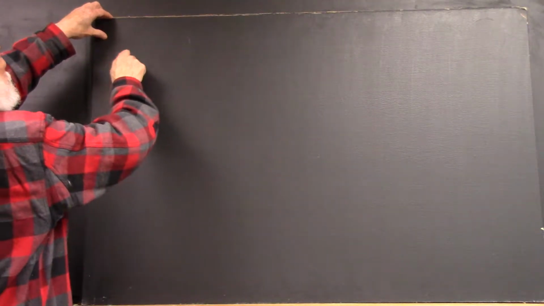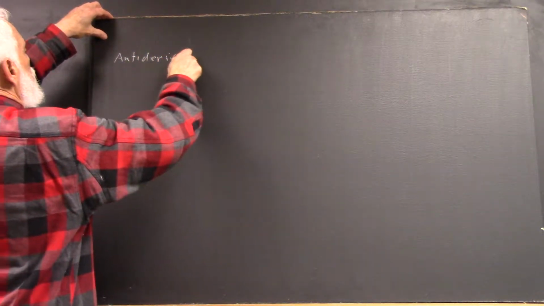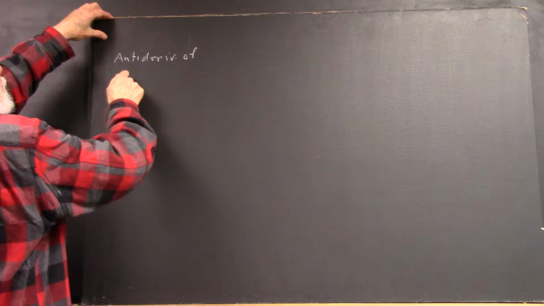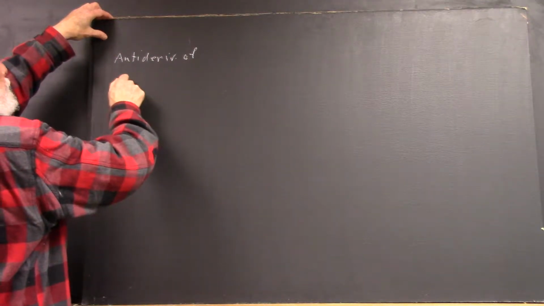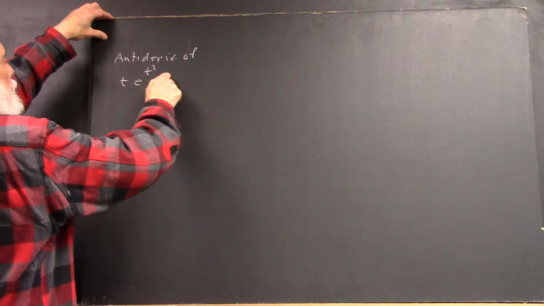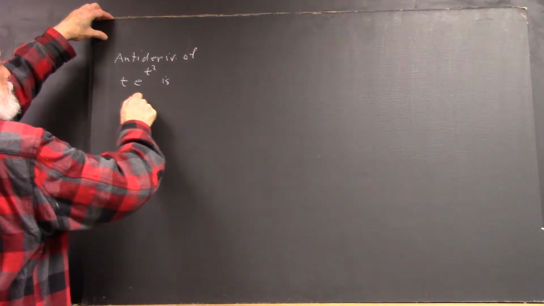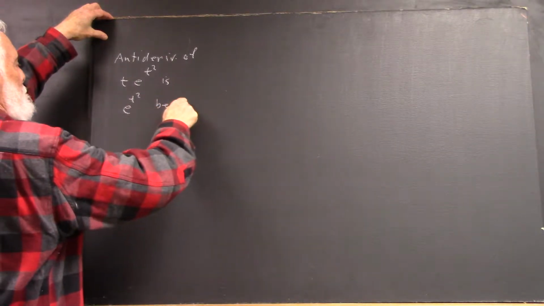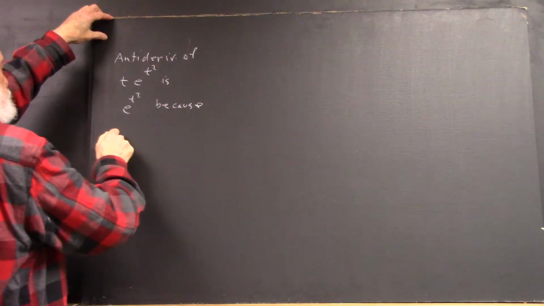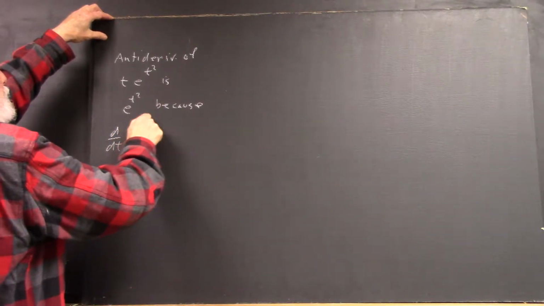So the antiderivative of t e to the t squared is e to the t squared, because the derivative of e to the t squared is,